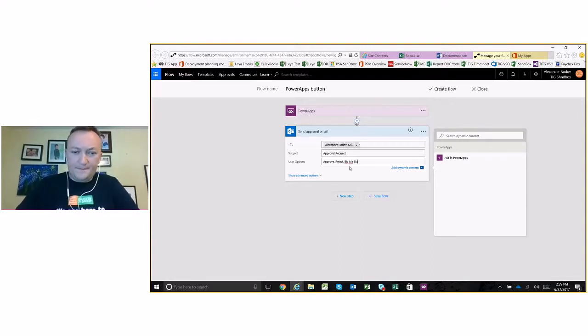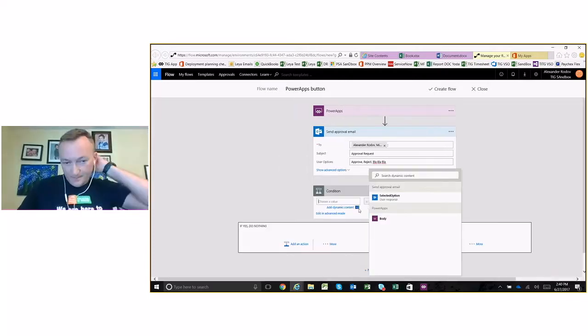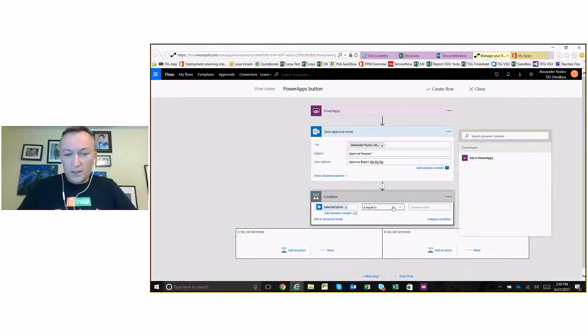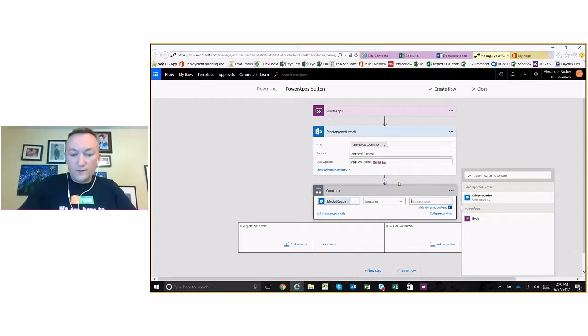See, I can put anything I want in this regard, because maybe there's a third option that I want to just use and maybe send some additional request and maybe forward it to someone else. I can then look for this answer and then trigger the next step according to the answer. So what I'm going to do next is say next step is going to be my condition. And in the condition, I'm going to use the user response. If the user response is equal to approve,